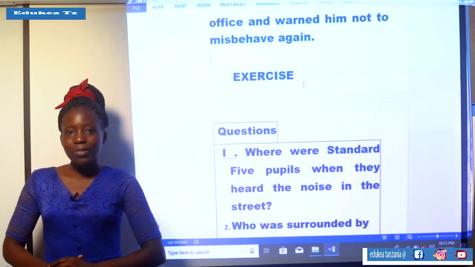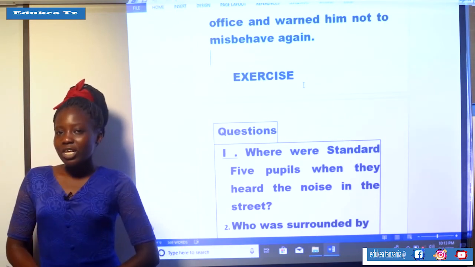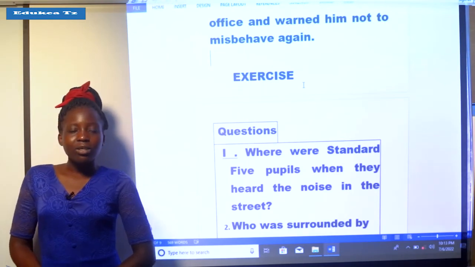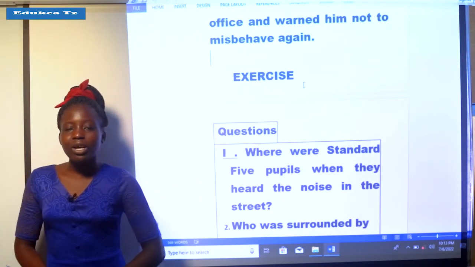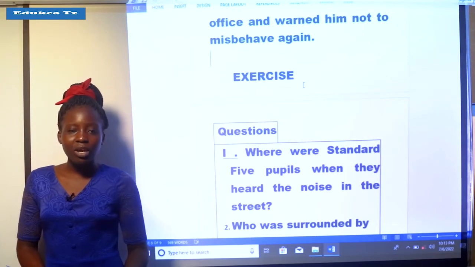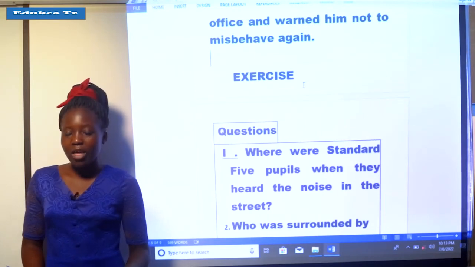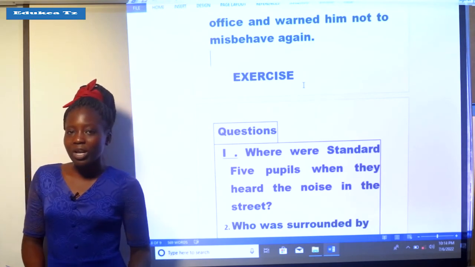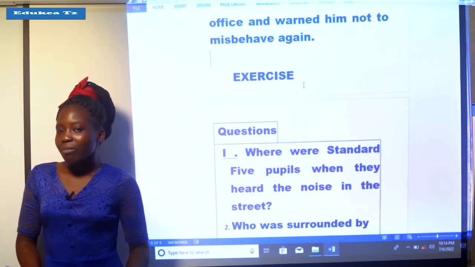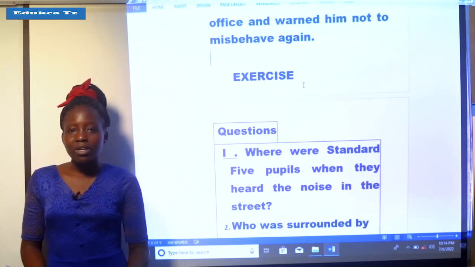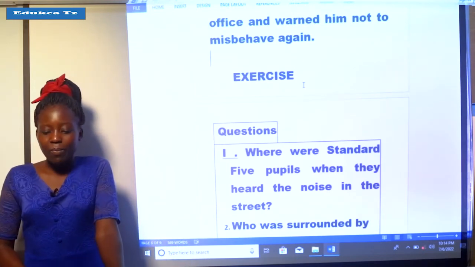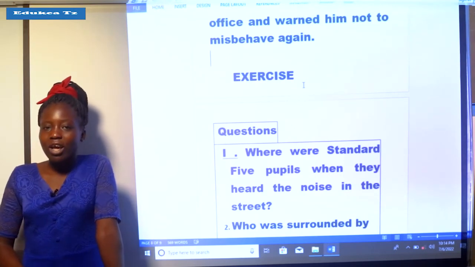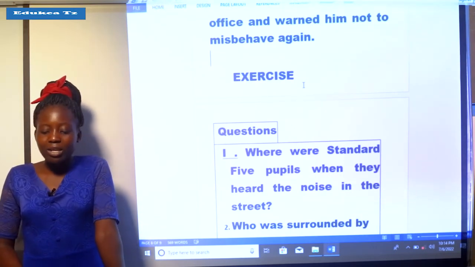After that, Mashaka's parents went to the head teacher and explained what had happened when Mashaka was taken to the police station. The head teacher gave Mashaka a chance to explain why he did that, but Mashaka did not have anything to explain. So the head teacher punished Mashaka, and he gave Mashaka a warning